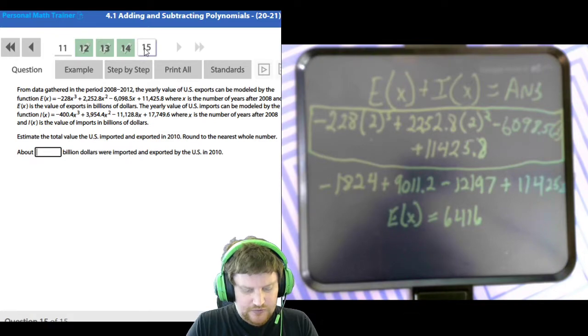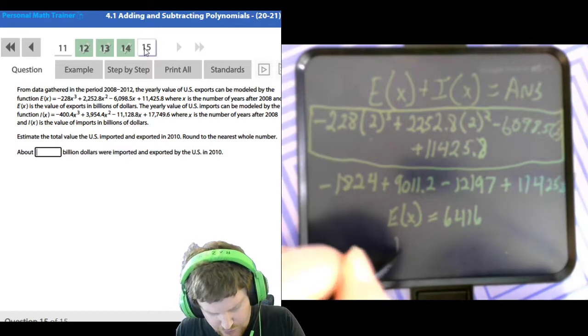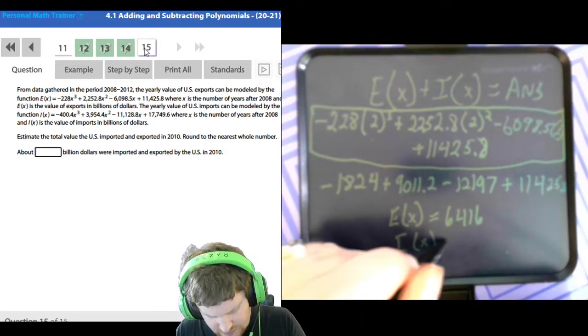So we have open negative 400.4 times 8 plus 3954.4 times 4 minus 11128.8 times 2 plus 17749.6. And that gives me a total import of